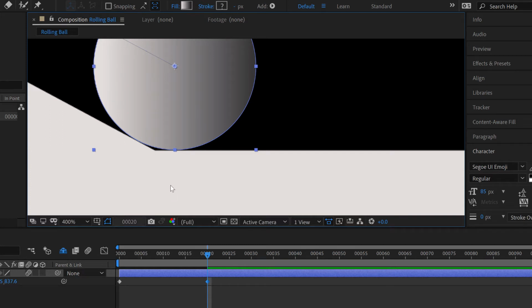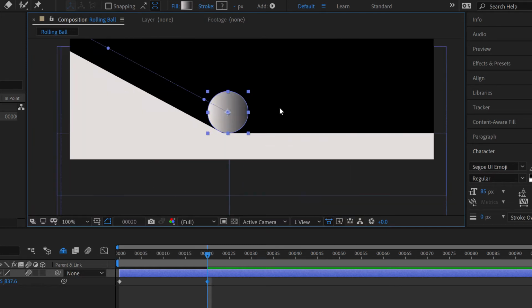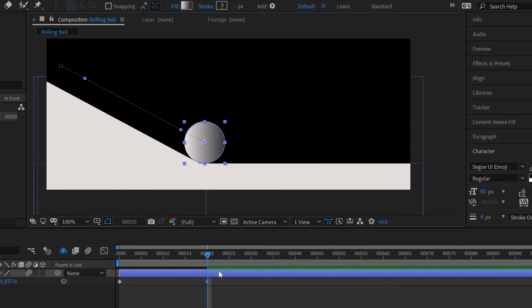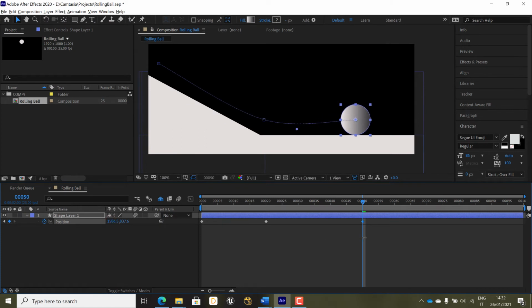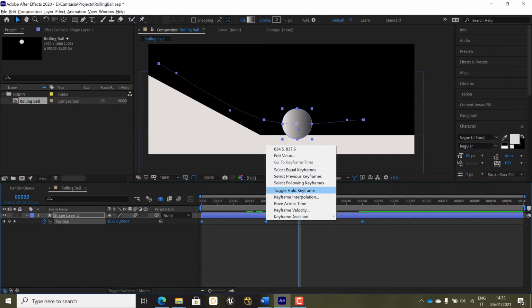Then, to complete our animation, let's move forward a bit more and select the final position of our ball. For this final keyframe, we are going to change only the X value. Now, as you can see, the spatial interpolation path in our viewer shows that the trajectory of the ball will overlap with the plane. In order to avoid that, we are going to select all the keyframes and, through the keyframe assistant window, change the spatial interpolation from auto Bezier to linear.